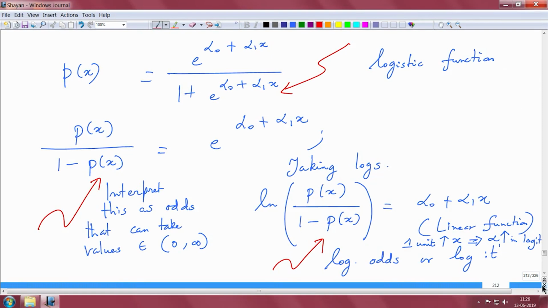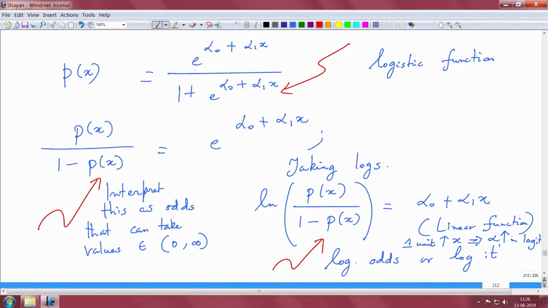So, let me get into the details of how the logistic function is written. The logistic function is given by the ratio of two terms. The first term is e power alpha naught plus alpha 1 x in the numerator, and in the denominator it is 1 plus e power alpha naught plus alpha 1 x. And you can interpret it in terms of odds, right. For example, p of x, if it is a head,